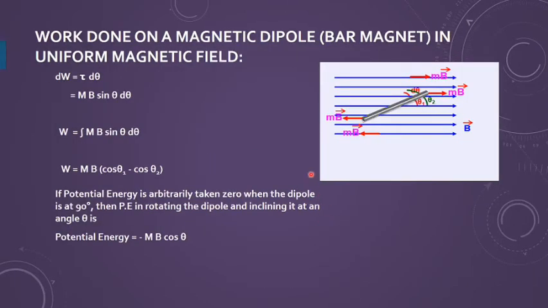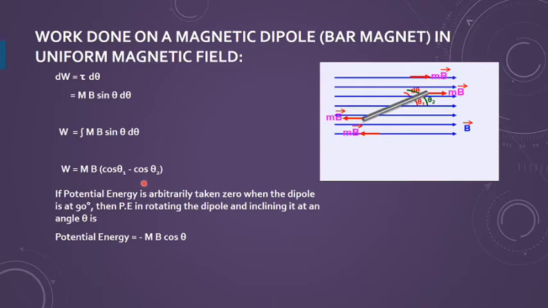And if they are asking you to find the work done on the magnetic dipole, in place of a bar magnet they can always keep a current carrying solenoid, because a current carrying solenoid works as a bar magnet. So these results can be used in numericals. You should be aware of work done. It is given by torque into d theta. The torque we have calculated is mB sine theta, so work is mB sine theta d theta. You can calculate by applying the limits from theta 1 to theta 2,